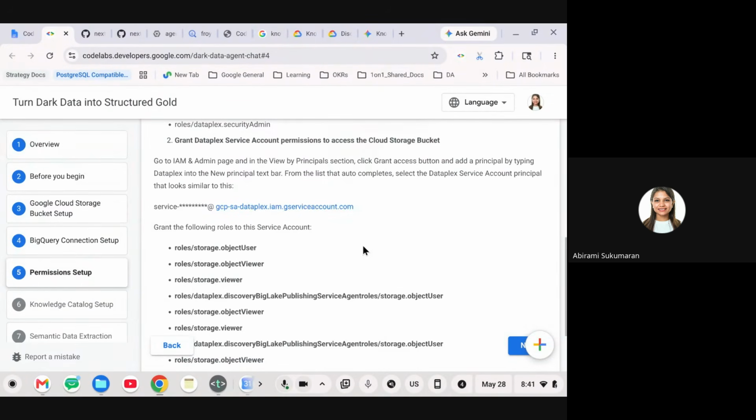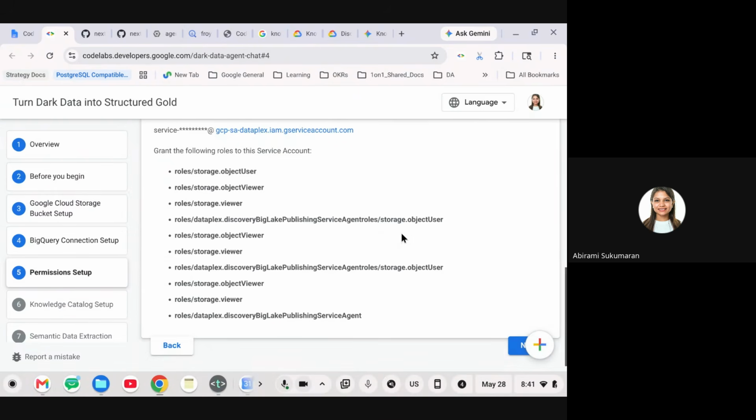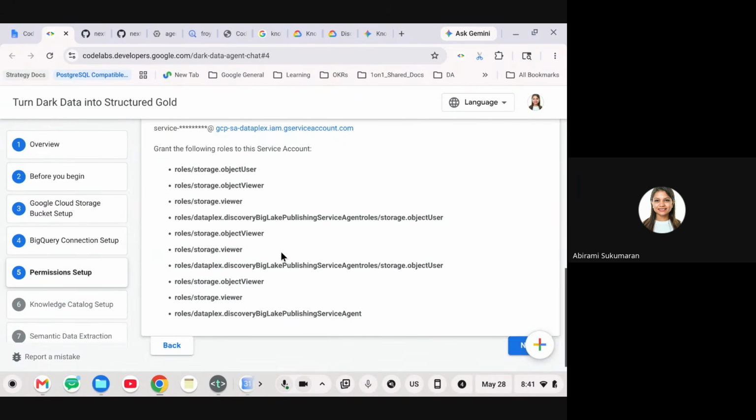You don't have to do it right now, but just know that granting the permissions is critical, because you need to manage the level of permissions you're granting to any particular job or service, so that you're in control of the security and the privacy of everything, the data that you're handling. All right, so